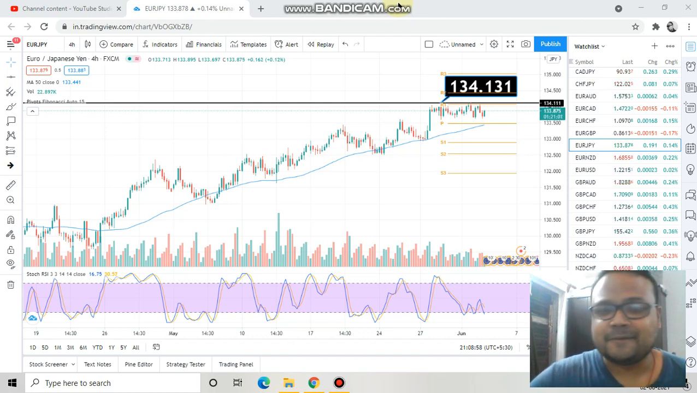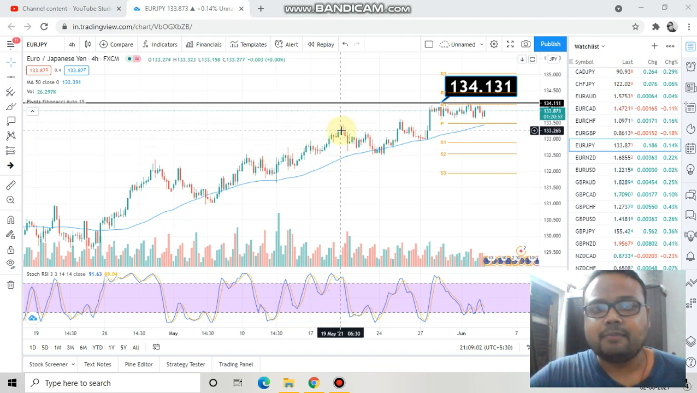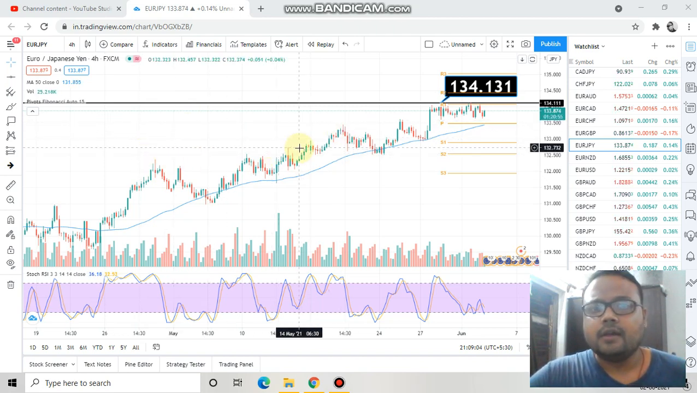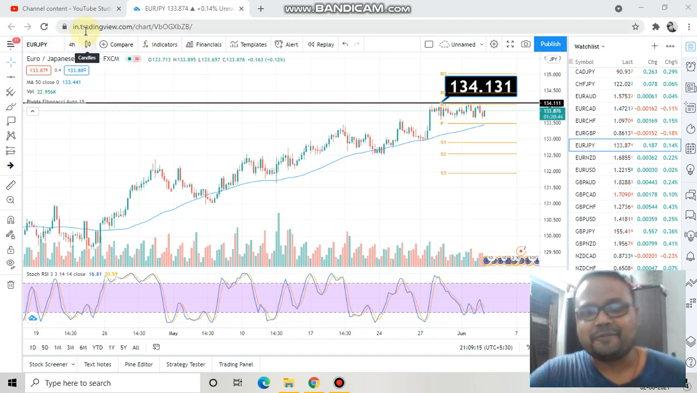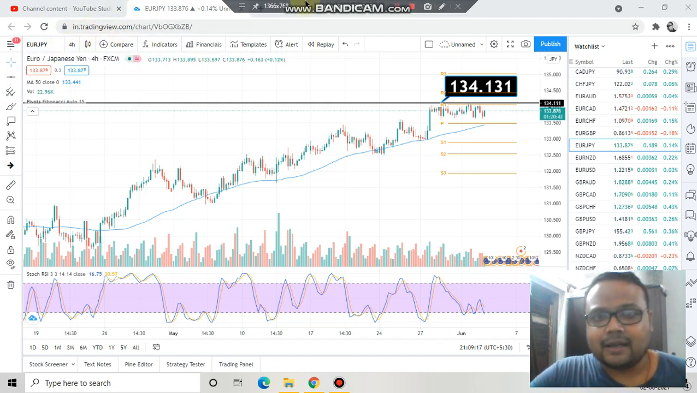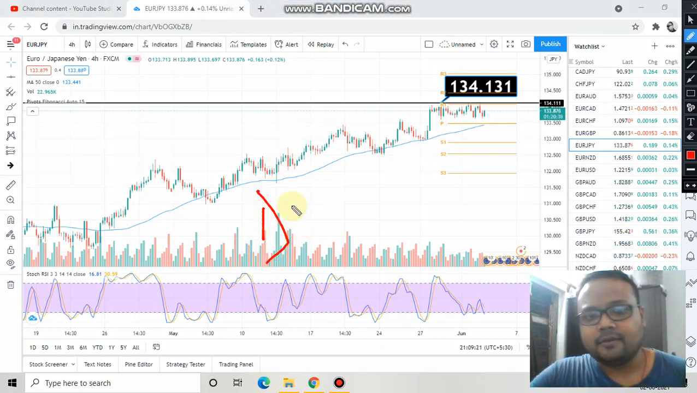So let's get started. This is the chart of Euro JPY, and as you can see, the market is in an uptrend. The chart is very beautiful, neat and clean. I am in the 4 hours time frame, the most popular and my personal favorite time frame. So the market is in an uptrend, and as we all know, the first thumb rule,